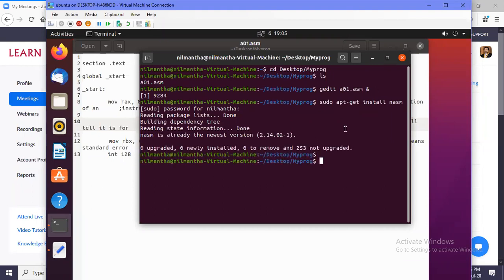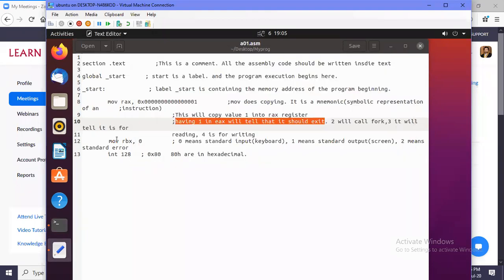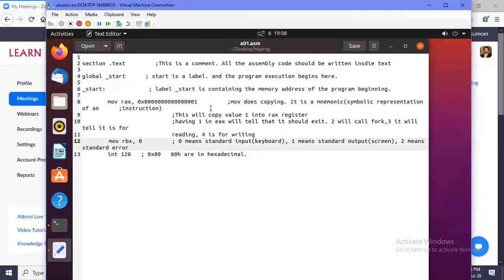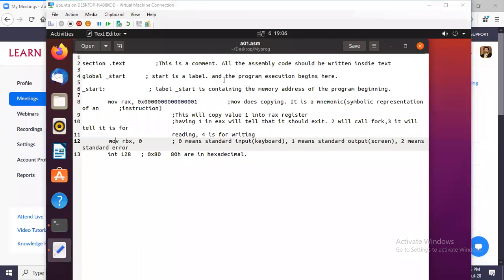So what I have to do now is this: this is an assembly file, but the computer does not understand it. So we need to assemble this, and we are going to use the NetWide assembler, NASM. To assemble this means to convert these assembly language instructions into machine language, the language which the CPU understands.